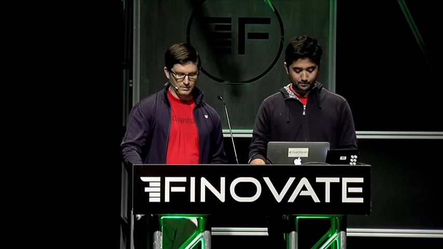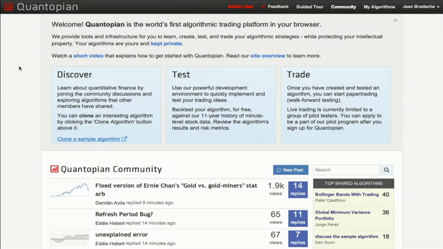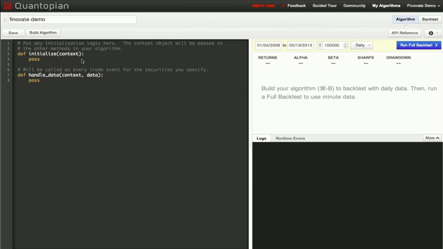First of all, what is an algorithm? An algorithm is a set of rules that you can write in code. It sounds complicated, but we're going to create a really simple algorithm together right now. As an example, consider momentum investing. The idea with momentum investing is that if a price is going up, it'll keep going up, and if it's going down, it'll keep going down. We can think of it as a stock's price moving above a short moving average and considering that as going up and at a time when we should buy. So that's a rule, and we can write it in code. Let's do it right now.